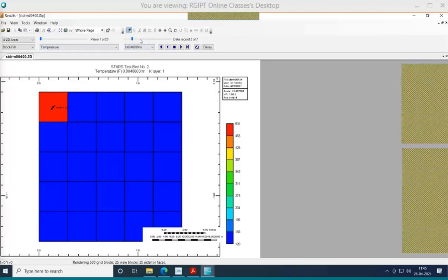So I will show you that. At the next time step, it is moving down. So if we change this one, something is happening over here. And again, if we change the corresponding one like this, it is again moving down and down and down like this.